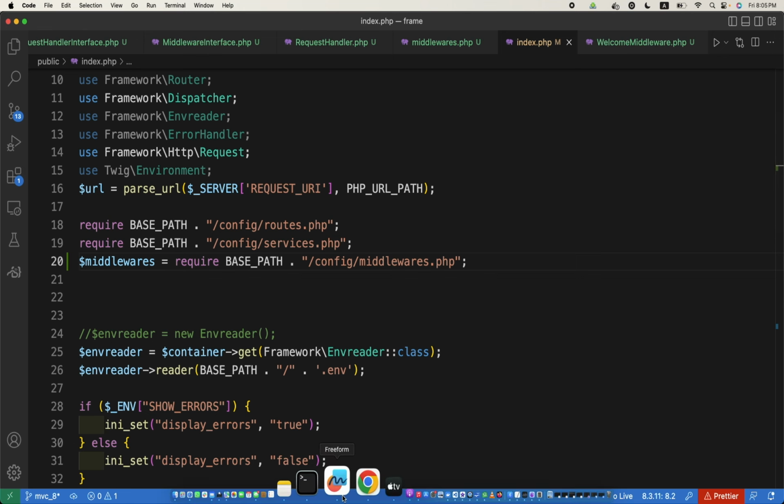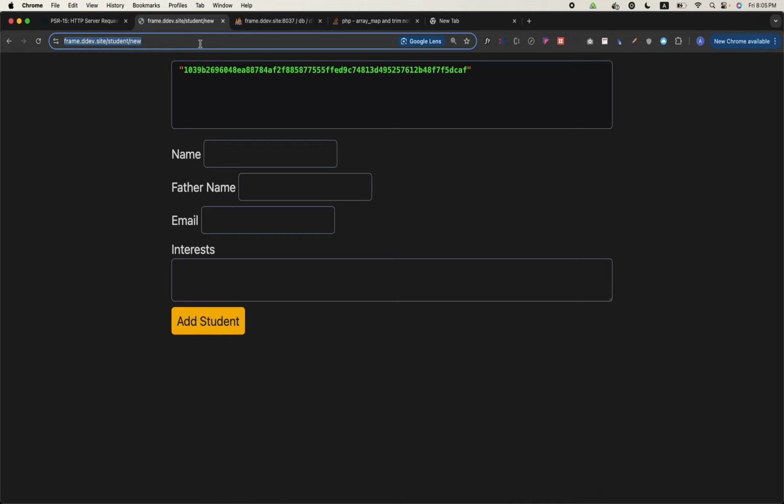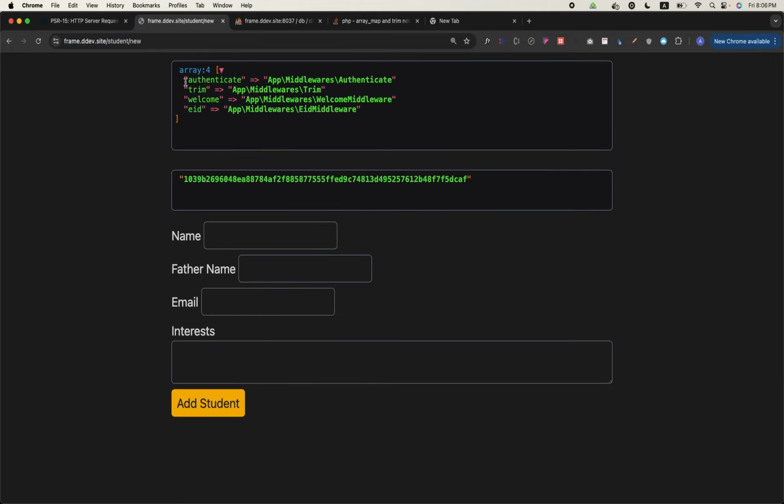So if I refresh the page, what are you expecting? We are expecting all the values. So they are coming now from the config middlewares file to the index file, and from the index file they are being passed to the dispatcher, and we have those available here. The next step is,